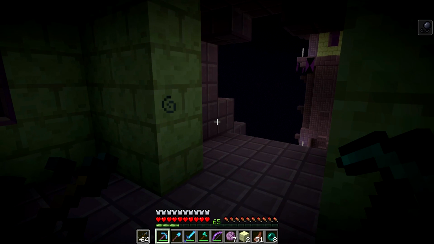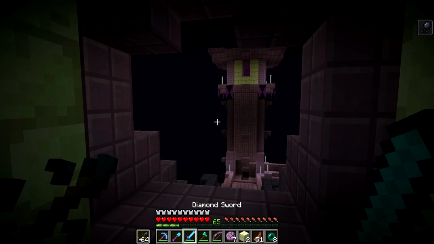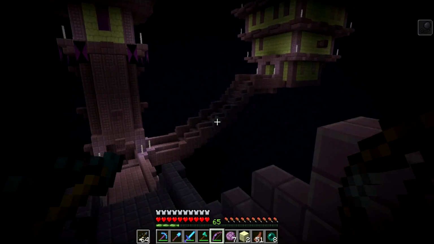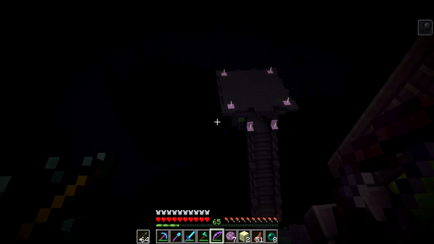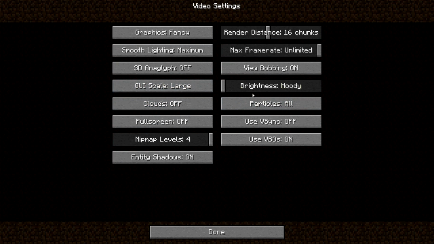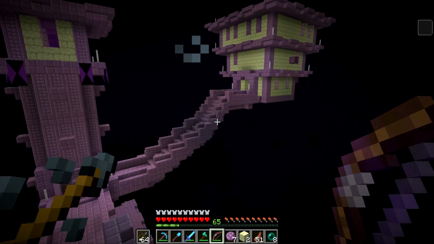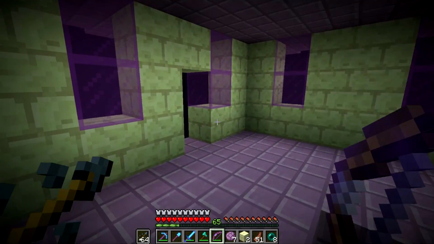Ooh. Hey, that arrow has a new icon, it looks like, maybe. But I'm going to get out of here. I'm going to go back to the regular world, I think. The lighting's a little strange, isn't it? Options, video settings. Interesting. Okay. But yeah, I'm going to go back to the regular world, and there's some things we need to